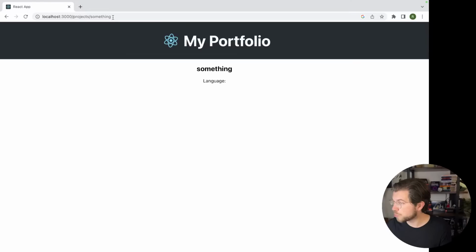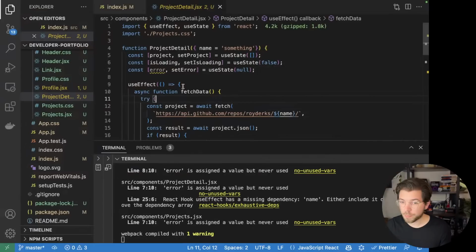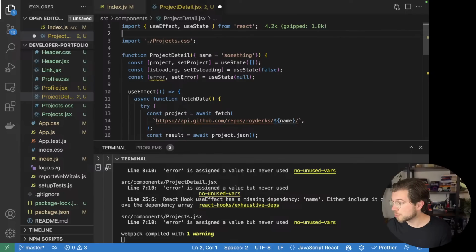So you can see it renders the project something, but no data fetching is being done, because we need to use a React Router hook in order to get the argument from the URL. Inside the project detail component, we need to use a hook from React Router DOM to get the argument with the name of the repository. For this, we need to import